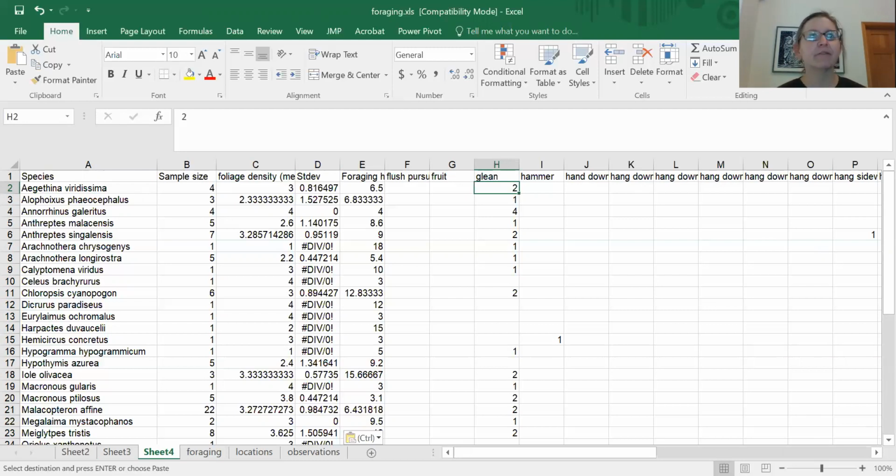You would find the different character state variables as well as the numeric variables that you want to express in the table. I think foraging height, foliage density, perhaps distance from the canopy, the height of the substrate the bird is on. These are all numeric types of data that can be summarized in a table. And then attack maneuver, vertical position, those might be some other types of qualitative data that you would want to summarize. Now that I have the data in my table like I want it, I have to make some decisions